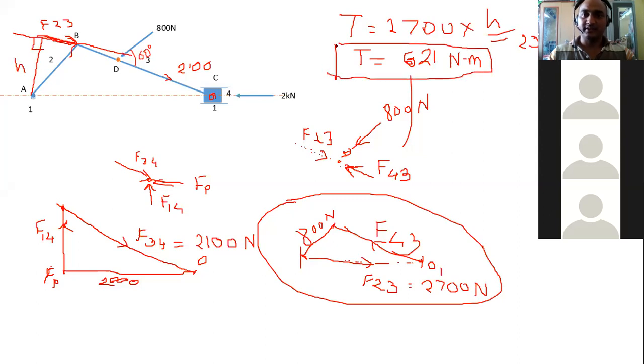So what difference have you observed in this problem? Only this figure. One more point to consider: of three forces, two magnitudes and directions are known, so we can find the third. The third one is F23, and we have to mention F23 over here. Find the perpendicular distance. F23 into this perpendicular distance is nothing but your T. That is the solution. For today's lecture, my aim was to solve these two problems, and I have solved them. If you have any doubt, you can now ask me questions.